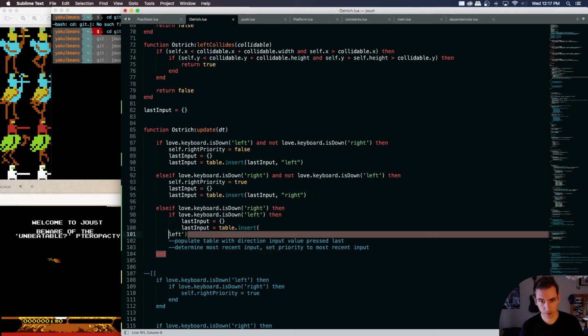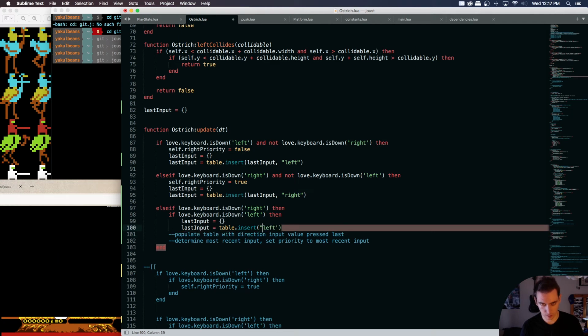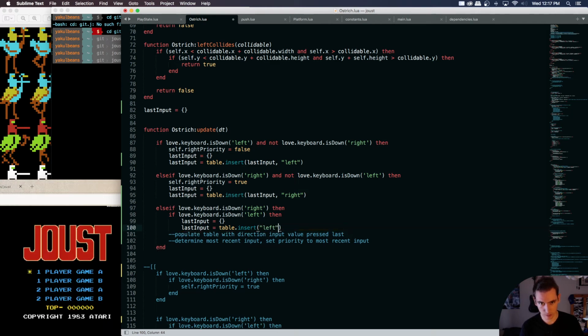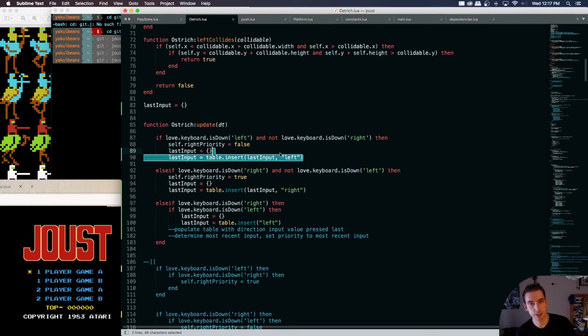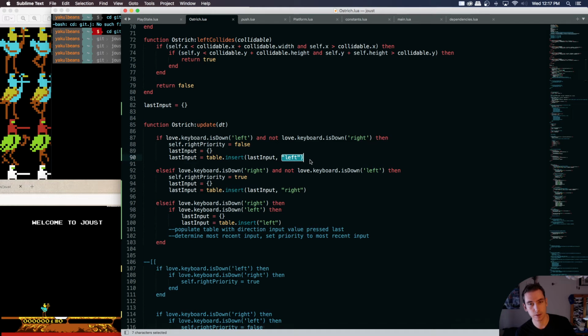But I feel like we're, so if only left is pressed, our last input table just gets one value in the table of last input called left. If only right is pressed, we wipe the table, only put in right. And then if right is down and left is down,